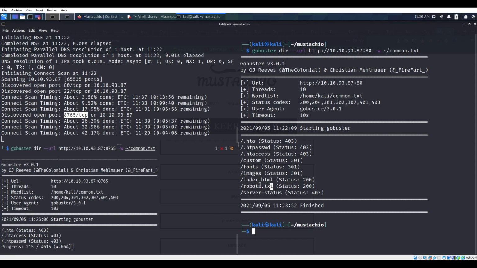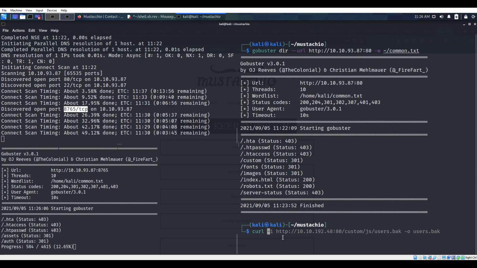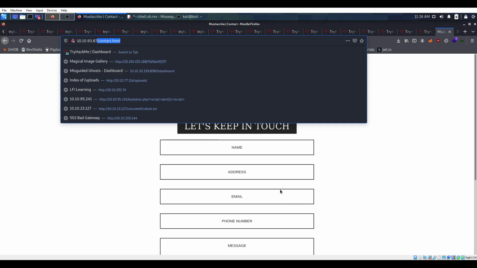So we have robots.txt, the status 200. Okay, so I'm going to get what we have for robots.txt, maybe curl, curling 80. And okay, we have something interesting here, so called auth. Okay, let's keep that in mind. And then since it's called http as well,